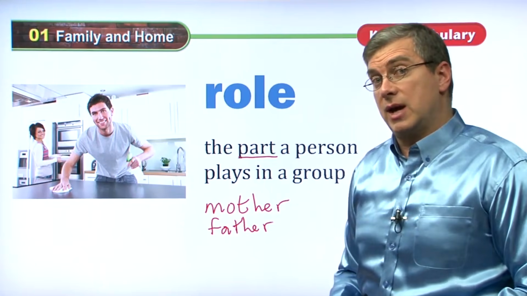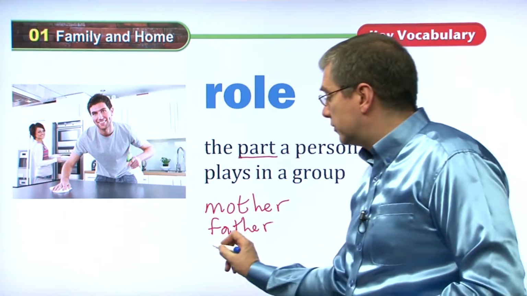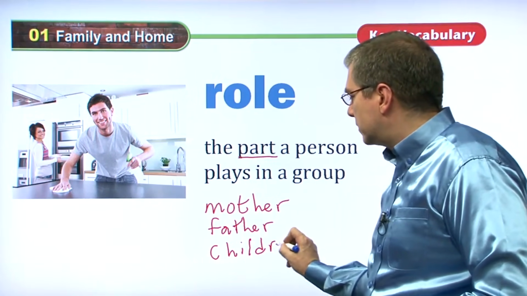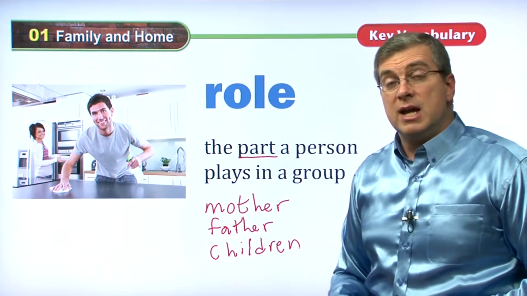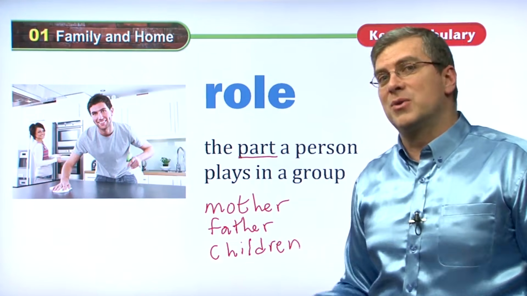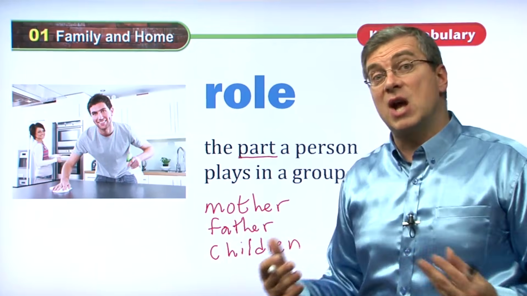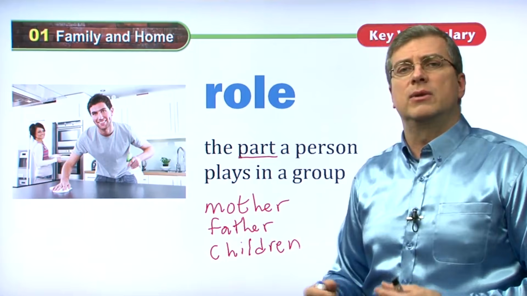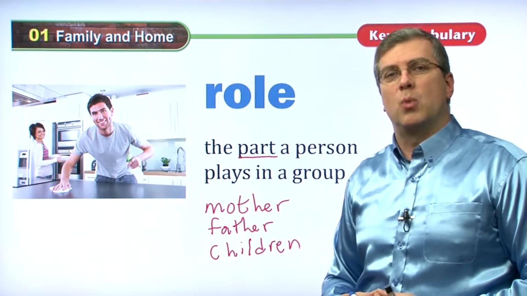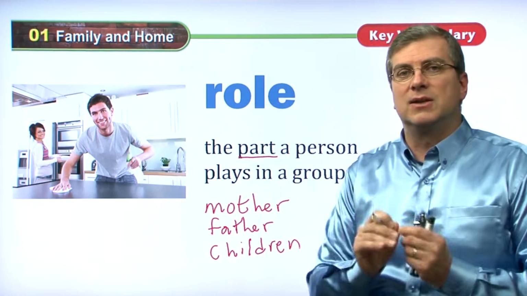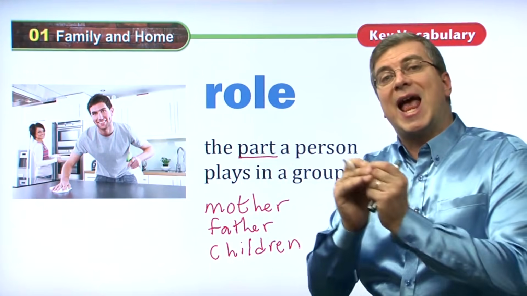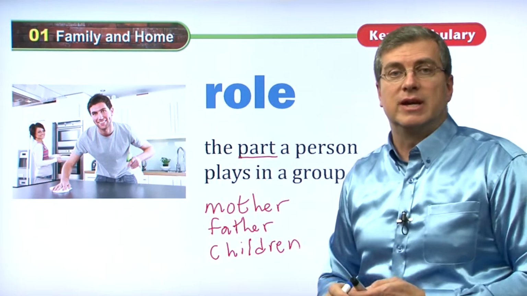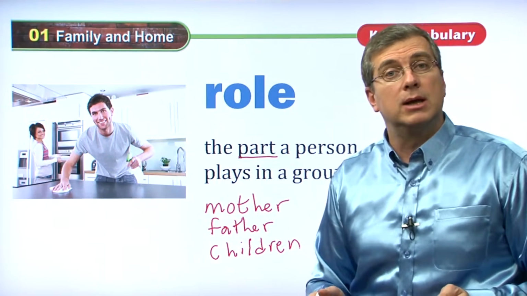But kids also have roles too, right? Children's roles, children. And we can also talk about son and daughter, but usually we talk about children because they have the same roles. Their role is to obey or follow their parents, clean their rooms, study hard. Those are the roles that children have in the family, right? Also to love and respect each other and to help their parents out when they can. Okay, so everybody has a different role in a family. Everybody has certain actions that they play in a group. They fulfill those actions, they do those actions. That is their role. What is your role in your family?